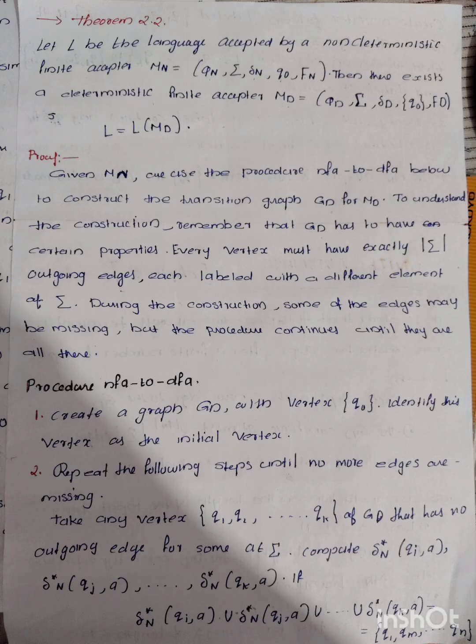Take any vertex {qi, qj, etc., qk} of GD that has no outgoing edge for some a belongs to Σ. Compute δ*n of (qi, a), δ*n of (qj, a), etc., δ*n of (qk, a). If δ*n(qi, a) ∪ δ*n(qj, a) ∪ etc. ∪ δ*n(qk, a) = {ql, qm, etc., qn},